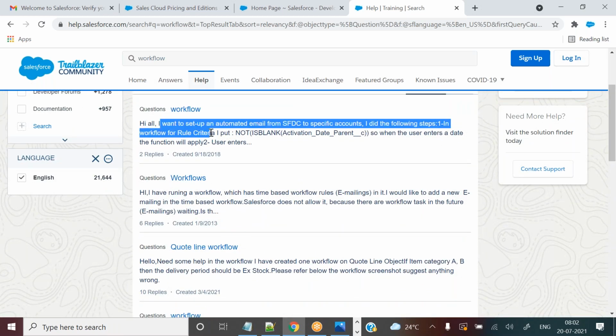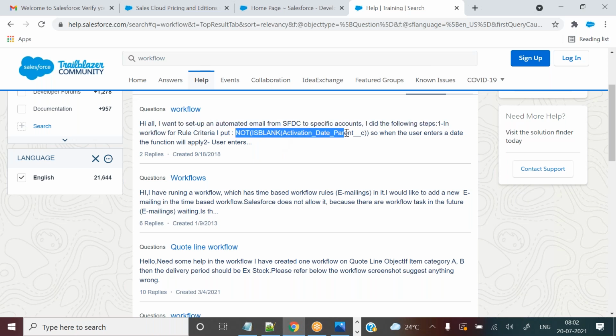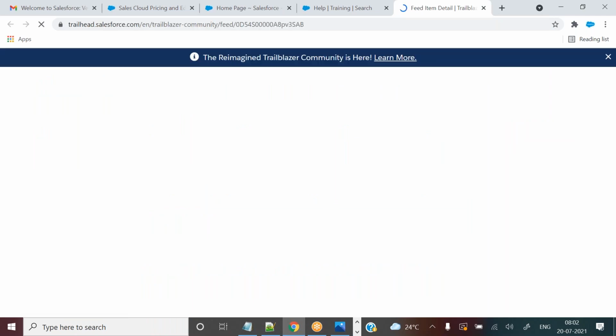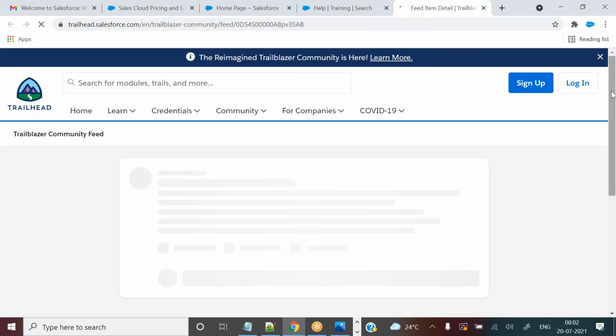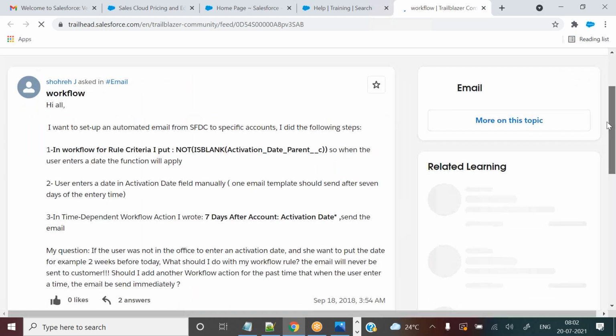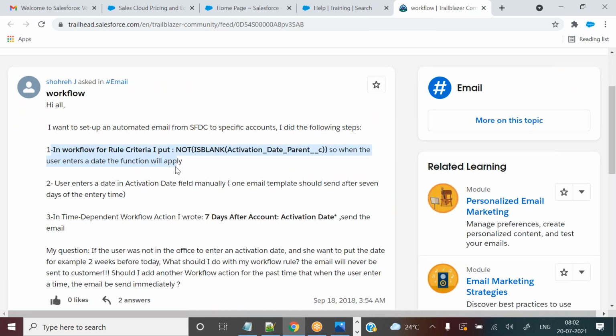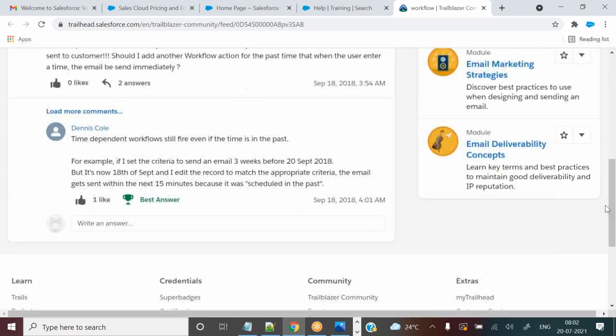In real time, someone is working in their project and they got the issue. Okay, they have posted here, and that question you have seen here. Let's go to here, any one question example. Okay, and here you can see, he has an issue related to some issue, and someone has posted the answer, this one, like that.